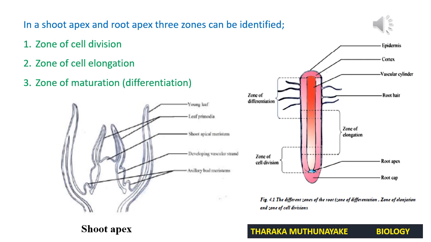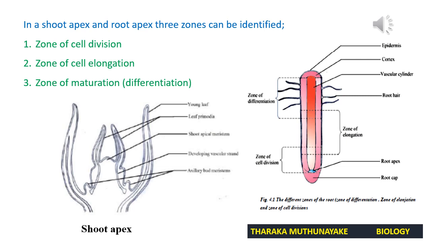In the shoot apex, here at the tip surrounding the shoot apical meristem, we can observe the zone of cell division. It is not marked. You can mark it. Below the zone of cell division, it has the zone of cell elongation. Below that, it should have the zone of maturation. We can discuss primary growth in the shoot apex in detail in the next section under plant growth. Until then, remember that at the tip it has the zone of cell division, below that cell elongation, then below that the zone of maturation.